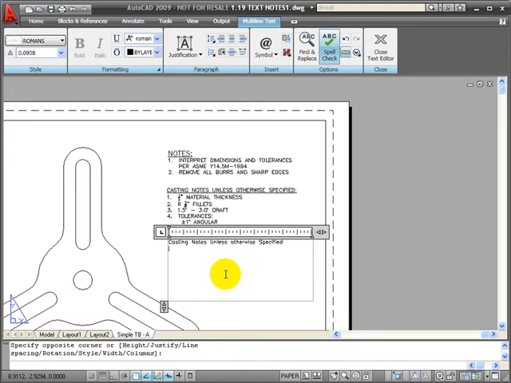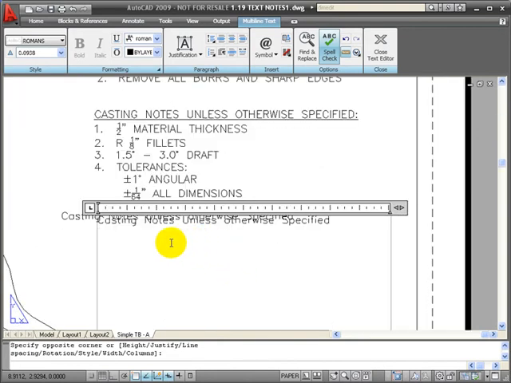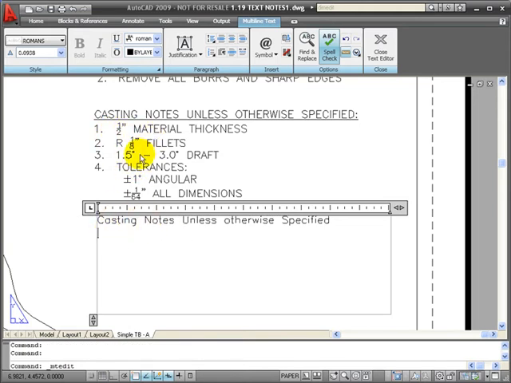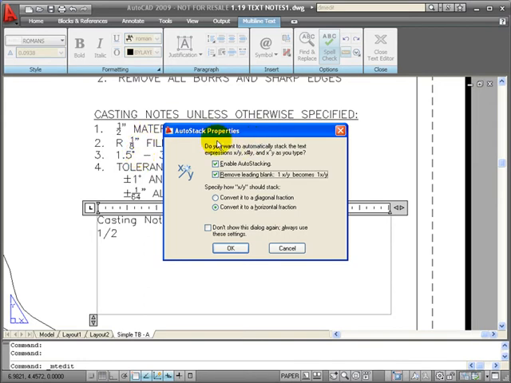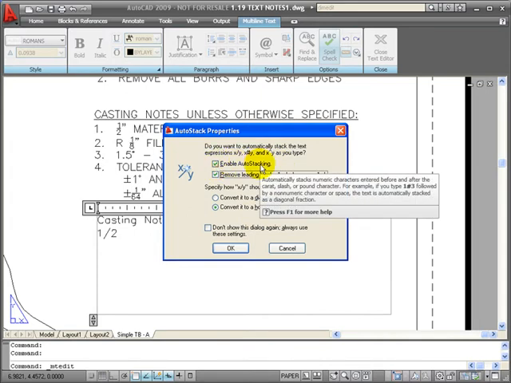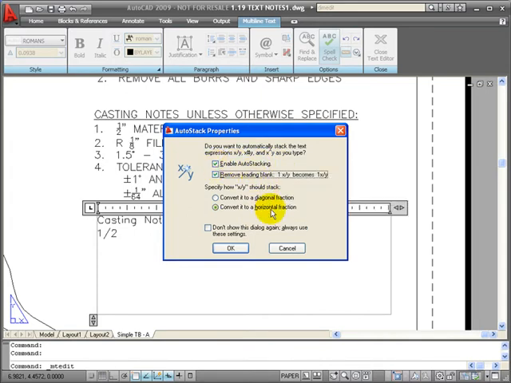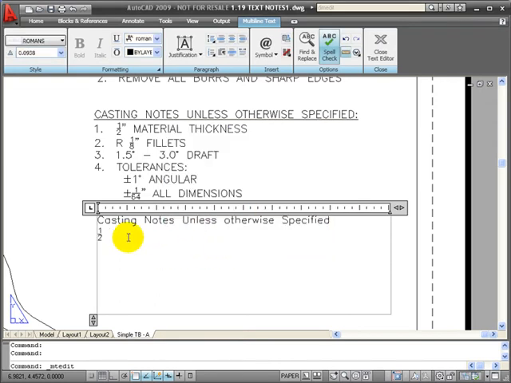Now I need to enter a fraction. I'm going to zoom in a little bit so we can see better. And here I have to add a fraction, so I'm going to type 1/2 for my inches. And you notice my auto stack properties box opens. Right now, if I enable auto stacking, it will stack my fraction vertically, and it can remove the leading blank space. So I'll say OK, and now I have stacked fractions. In this case it would be 1/2 inch